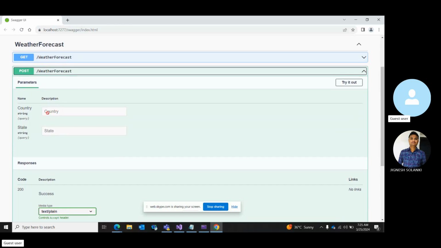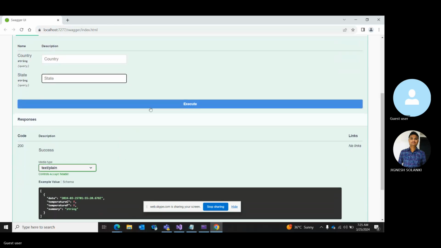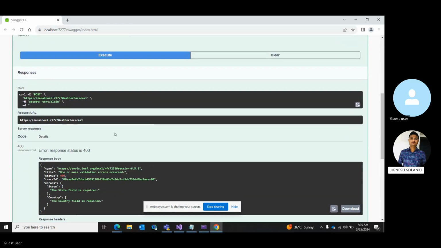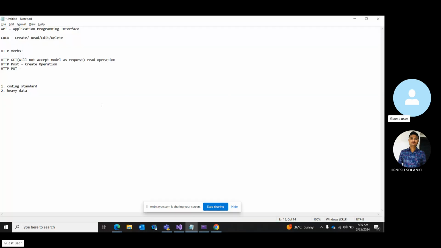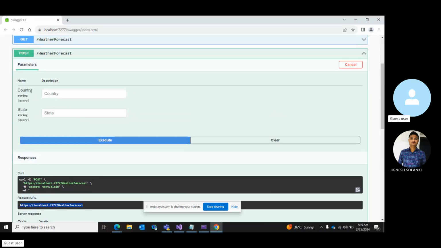So this, see my input country and state. So my country and state. Okay, so you should give this HTTPS to them. It's not like that alone. Question mark country